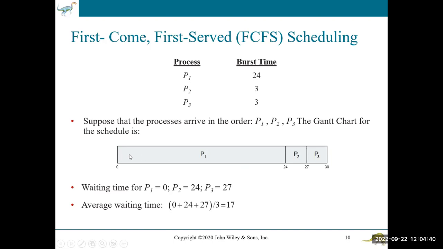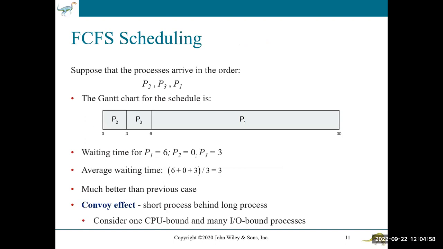Think of a very long tractor trailer truck, and there's a couple of smaller cars behind it. They're kind of stuck behind it, and it's like they're in a convoy. If the cars can get out in front of the tractor trailer truck, then it's a much better scenario. So